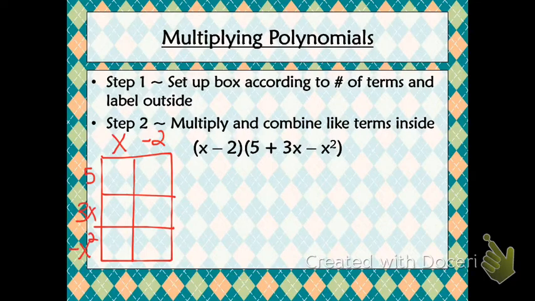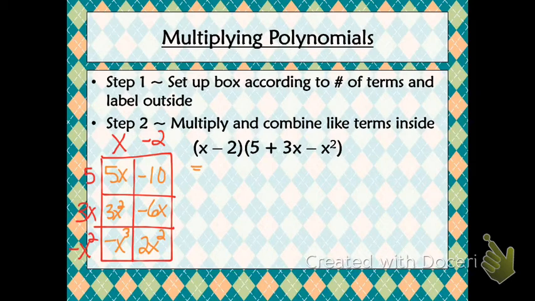And I'm going to multiply each corresponding row by the column to find these 6 mini answers. So 5 times x is 5x, 5 times negative 2 is negative 10, x times 3x is 3x squared, 3x times negative 2 is negative 6x, x times negative x squared is negative x cubed, and negative 2 times negative x squared is positive 2x squared. So I'm going to rewrite this